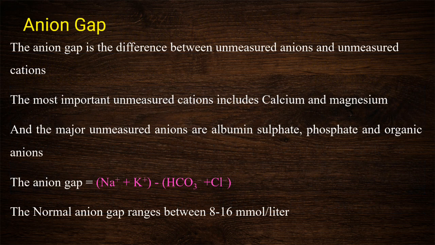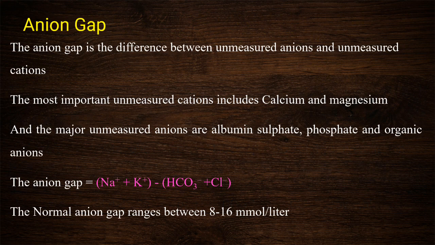So, coming to the anion gap. The anion gap is the difference between the unmeasured anions and unmeasured cations. The most important unmeasured cations include calcium and magnesium, and the major unmeasured anions are albumin, sulfate, phosphate and organic anions. The anion gap is calculated as sodium plus potassium minus bicarbonate